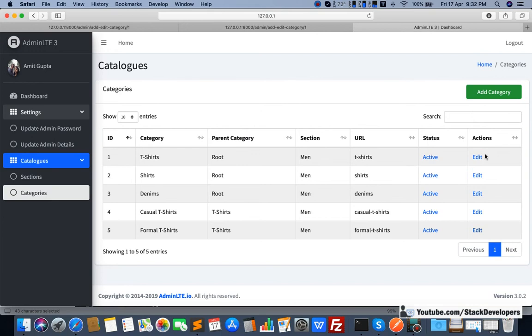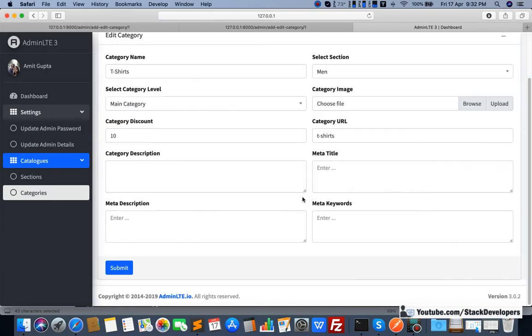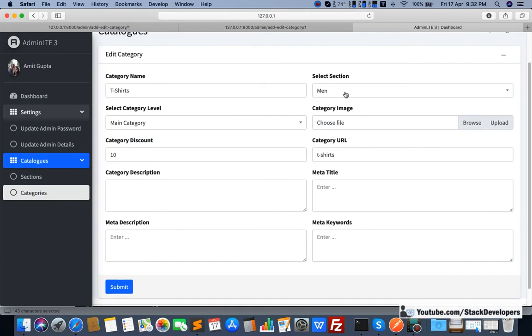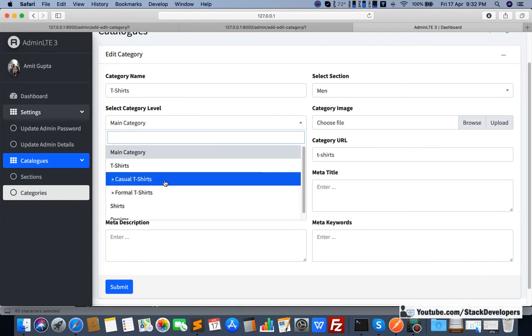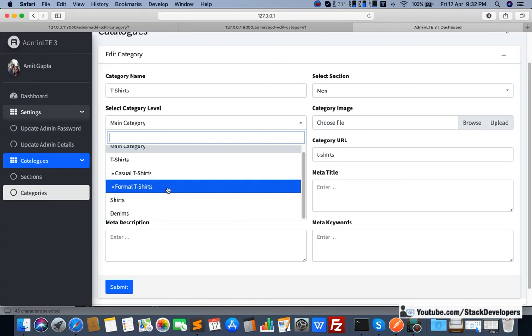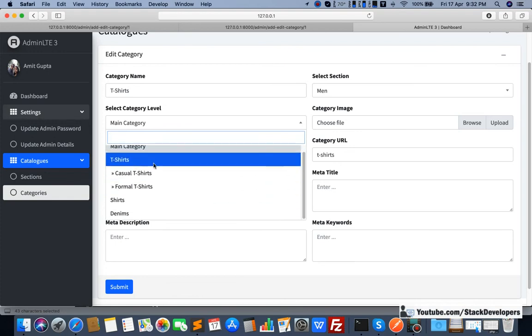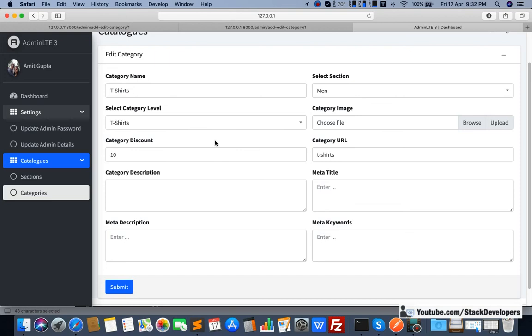Just see quickly that we are able to get these links, and we are able to autofill all the data here, and now we are able to get that section also. Now we are working on this one. See, the details are also coming here, but we want to select here. All the levels are coming here, but we want to select the t-shirts here like this. We want to show it like this.